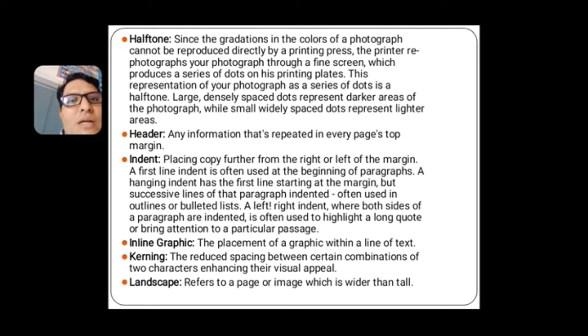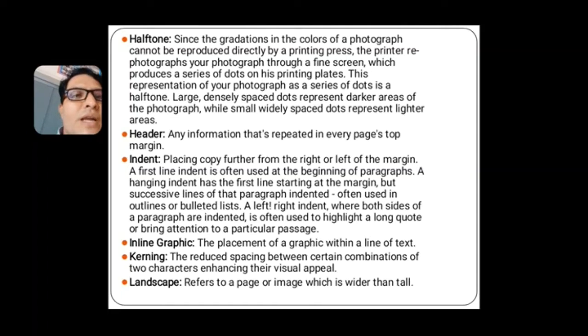Here the successive lines of a paragraph indentation we will see while we are using bullets and numbering. Okay, whenever you are using bulleted and numbered lists, you will find these hanging indentations. These hanging indentations apply to the first line, and the bulleted list will have some space. So that is a hanging indentation.